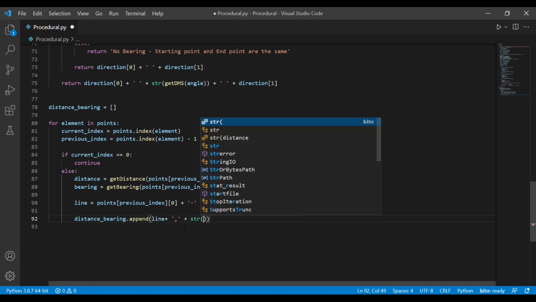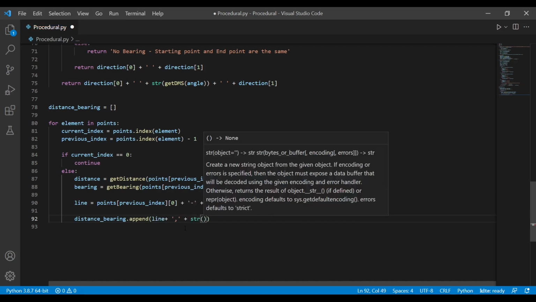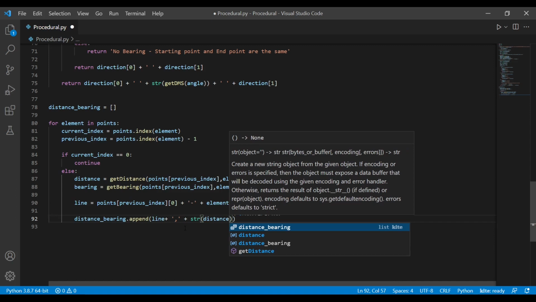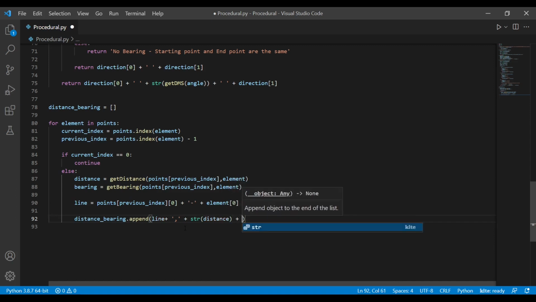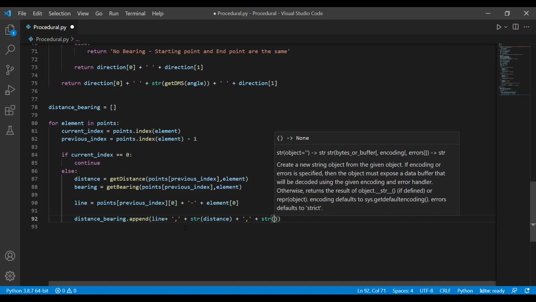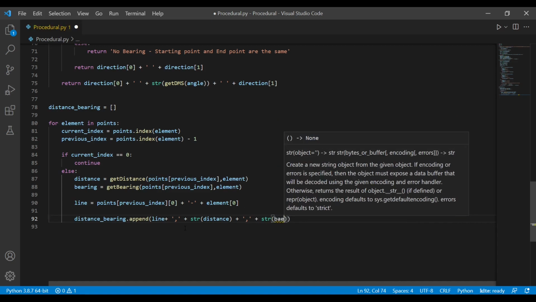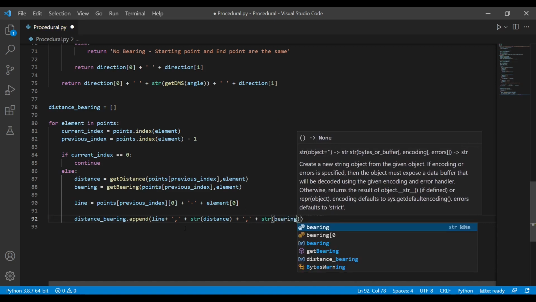And then str, and then we have distance, right? The calculated distance, and then we put another comma, and then we add str. Let's just bearing. Okay, convert it into a string,